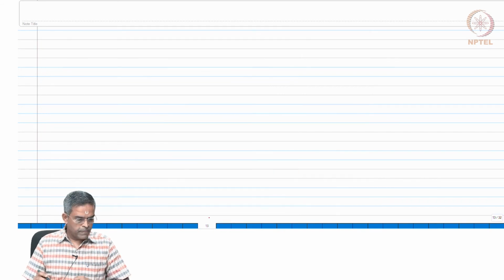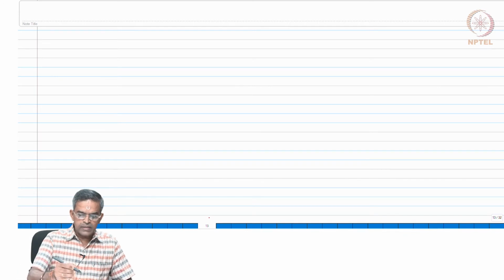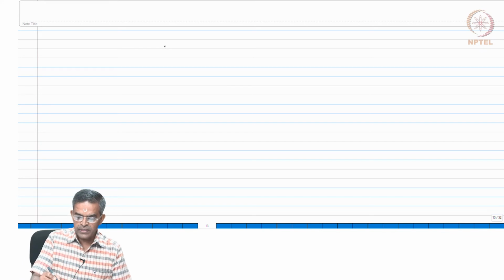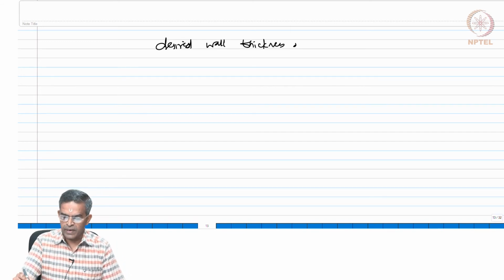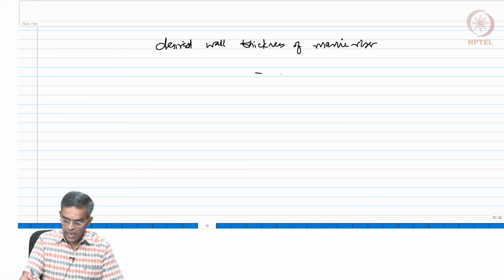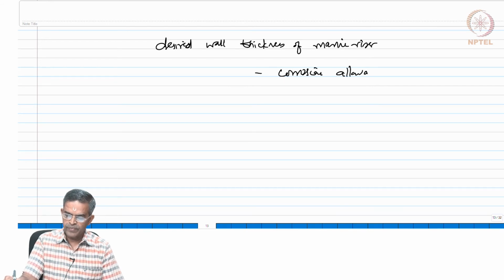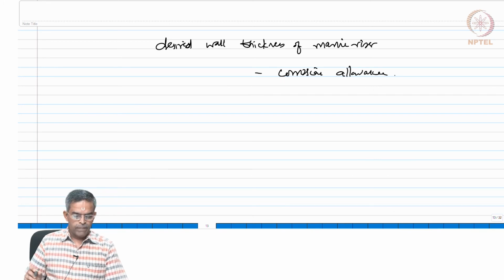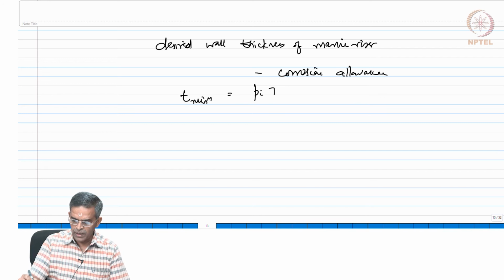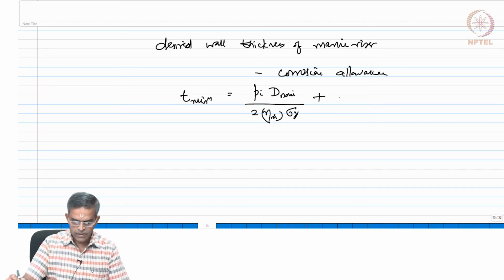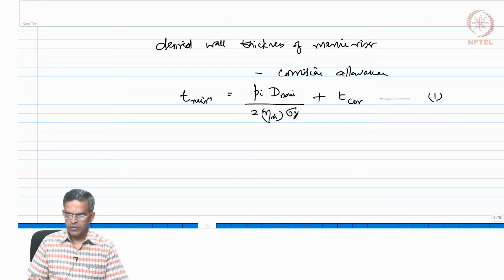Having said this, let us see what the code advises for the desired wall thickness of risers. The desired wall thickness of marine risers should take care of the corrosion allowance. So, the minimum thickness is the internal pressure, the nominal diameter divided by twice of eta h sigma y plus thickness meant for corrosion, equation 1,